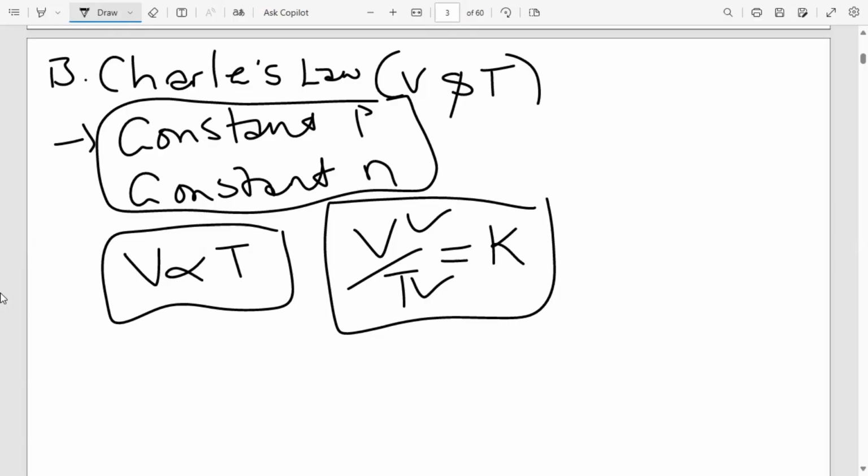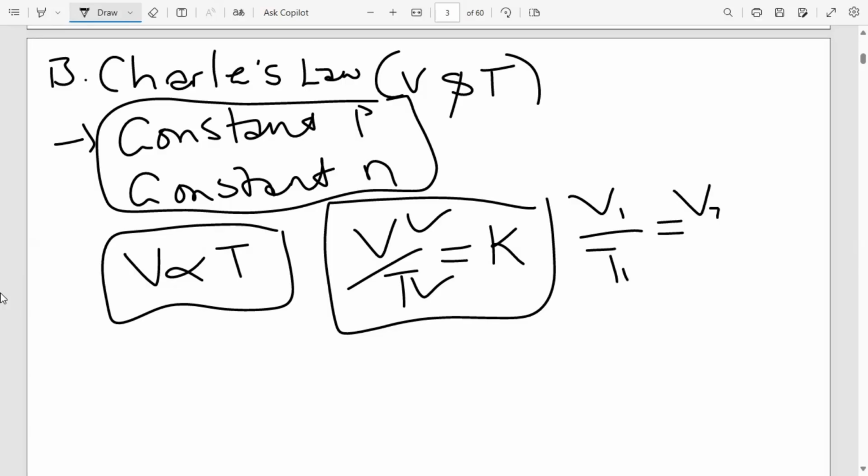But what you should understand is that as you are heating up a gas, it is going to expand in its volume, and it is going to expand at the same rate as the temperature that you are supplying. Hence, you're going to see this equation to say V, volume over temperature, should be equal to a constant like that. Or if you have V1 and T1 here, increasing these two guys is going to lead us